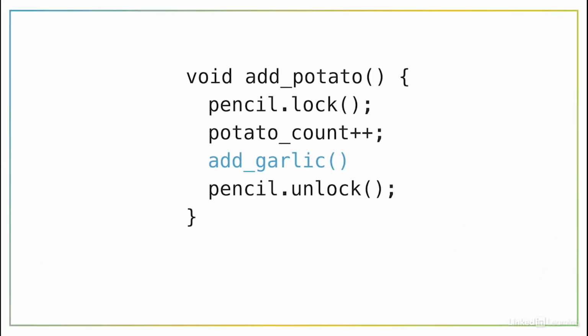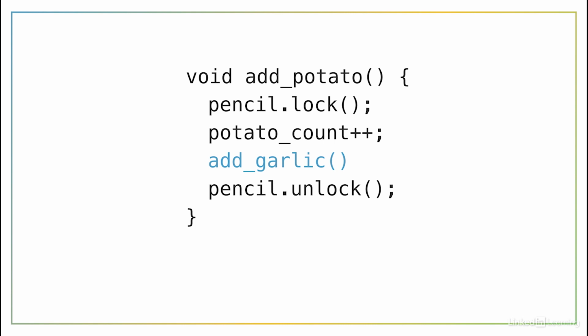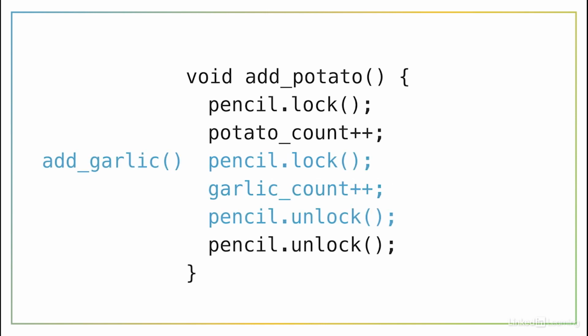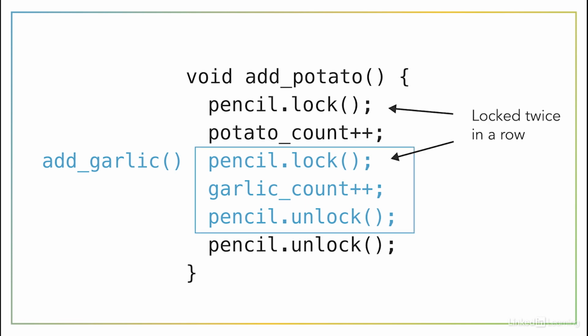By inserting the addGarlic function, we've effectively nested two calls to the lock function. When the addPotato function gets called, it will lock the pencil. Then, when the addPotato function calls addGarlic, the addGarlic function will lock the pencil again. So the pencil ends up being locked twice in a row by those nested functions, before then being unlocked twice